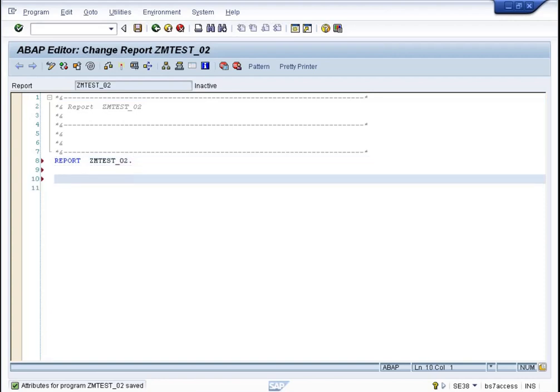Now you are coming here. What I am going to do is I will introduce you to something called parameters. So the next keyword